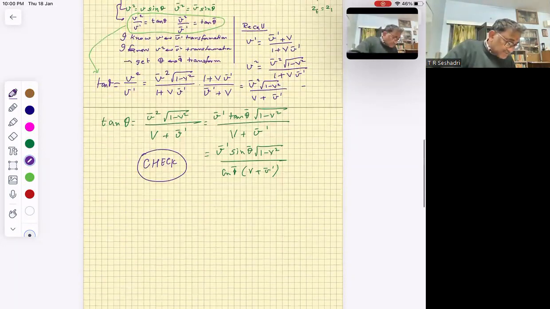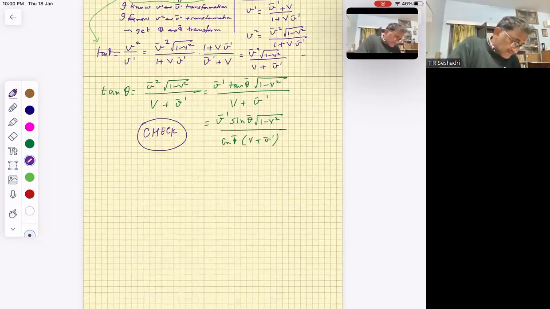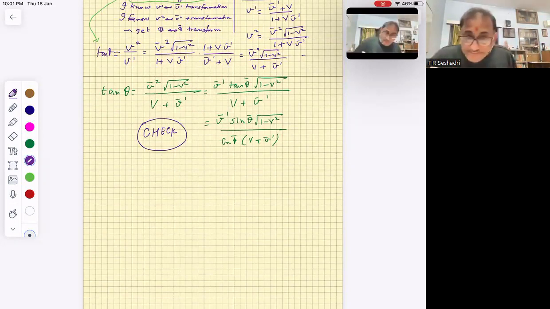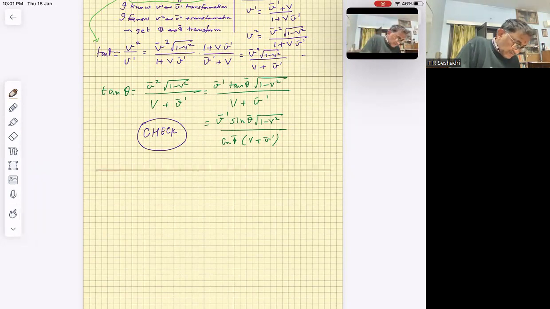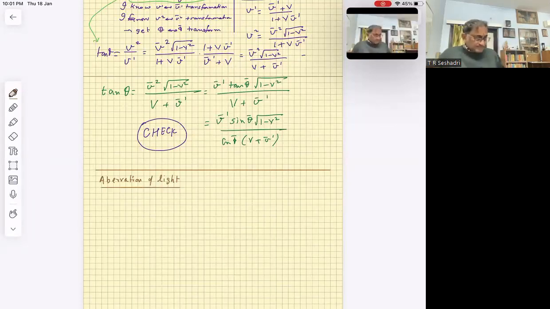Now, there is an interesting thing here. What is that? It is the V2 relation. One of the interesting implications of this is what we call aberration of light. And what is this? It says that